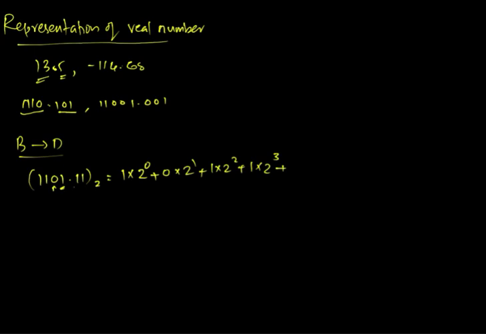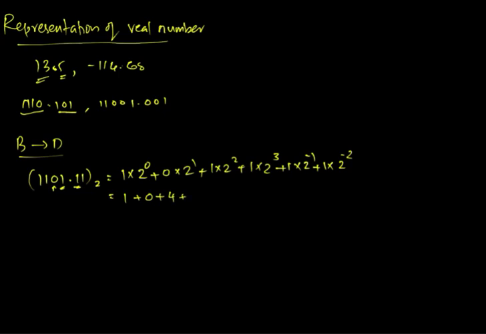Then the numbers coming after the binary point will represent the number of halves and quarters, etc. So the number just after the binary point will have a weight of 2 raised to minus 1, and the next number will have a weight of 2 raised to minus 2, and so on. So now we will expand this, and we get 1 plus 0 plus